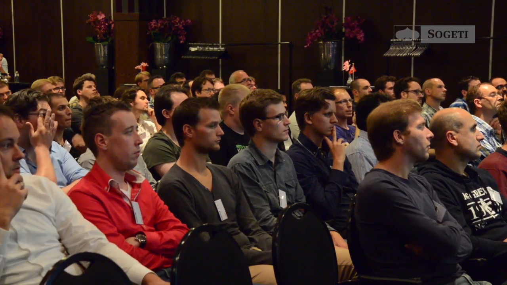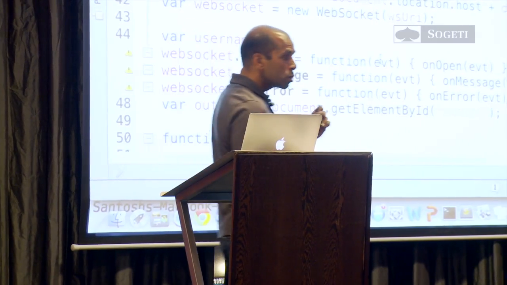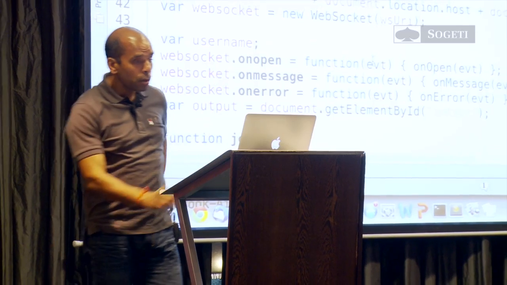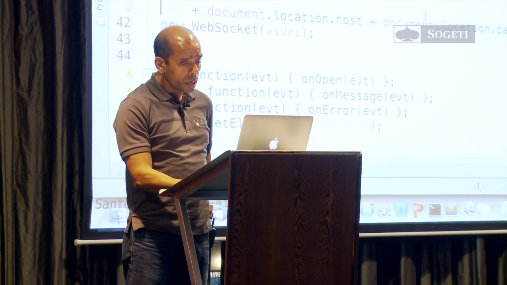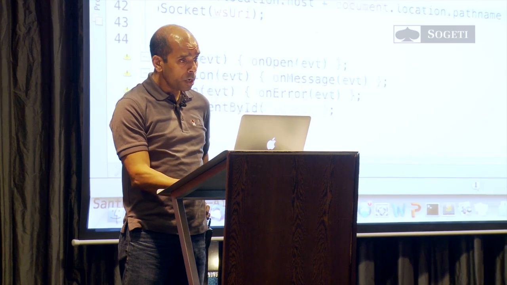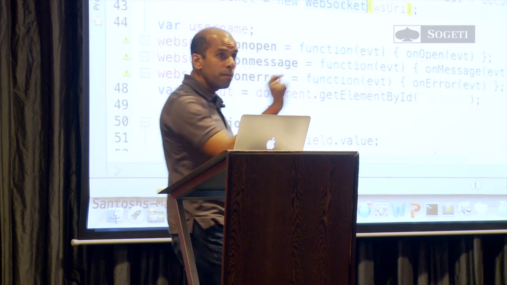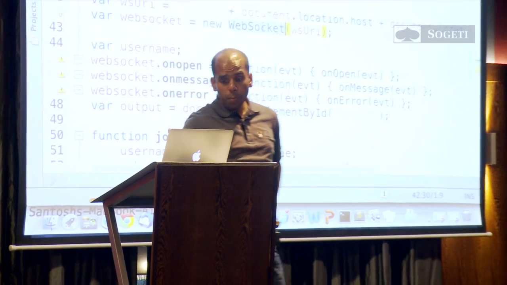Now in order to do a WebSocket connection, you need to specify a ws:// URI scheme. So that's specified over here. You say host, port, and the URL, which is chat for us. And then this is a JavaScript API by which you open a WebSocket connection to the endpoint. This is how you open it.